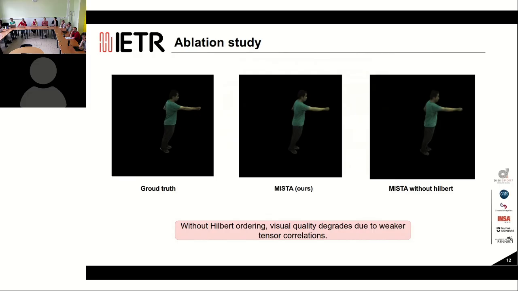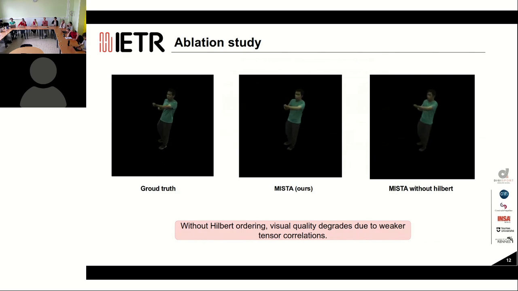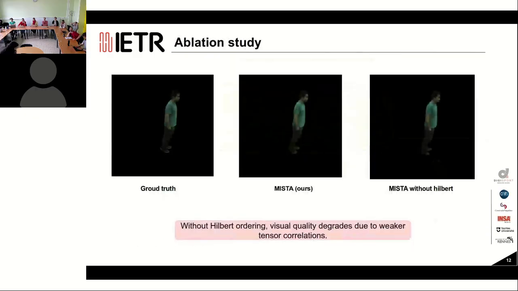And here is an ablation study of our model without Hilbert, meaning we use Tensor Train to decompose, but we don't use Hilbert. This is just to show that without the reordering, the quality really dropped. As you can see, the face is really